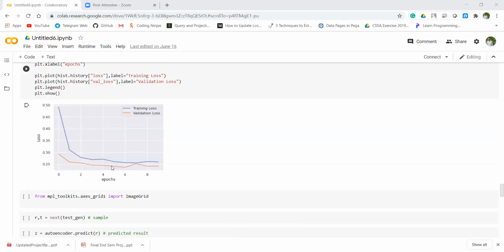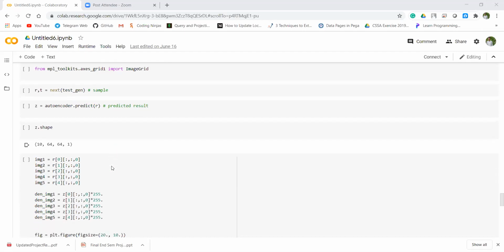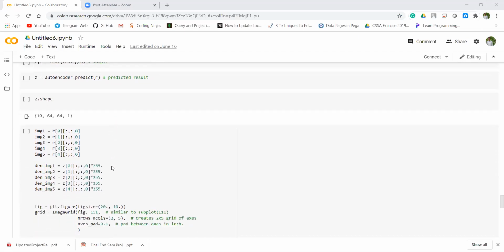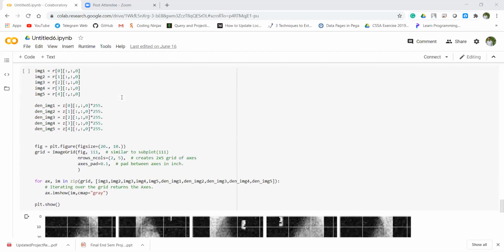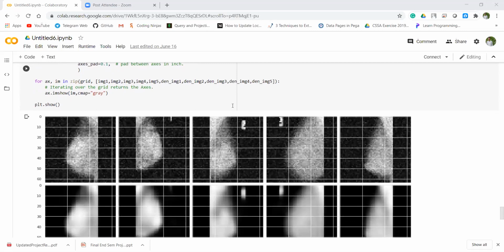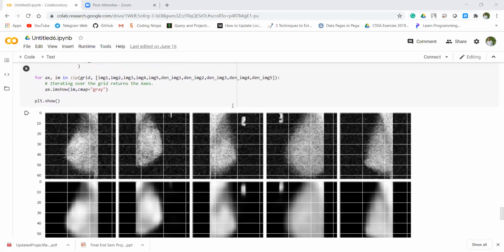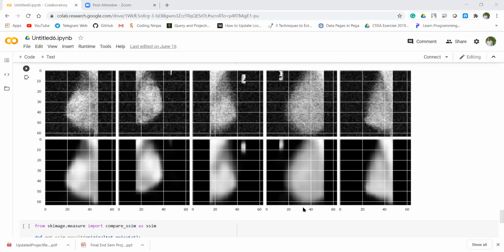Both the noise and denoise images are displayed, and the grid function is used to display them in grid format. This is the grid function we used. Now the structural similarity index for measuring image quality is also used, after the training and testing of the data, import of the data, applying various types of algorithms, and noise data image filters.